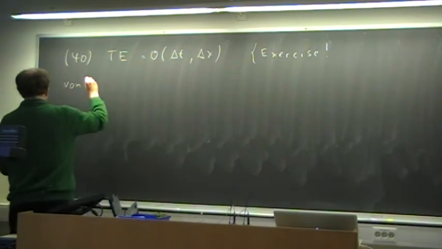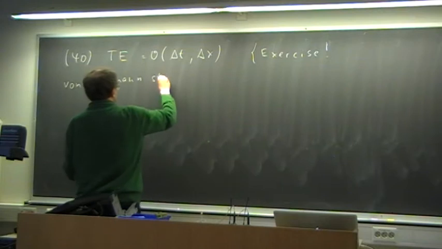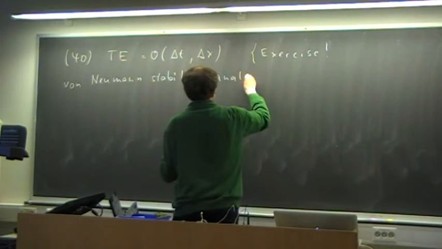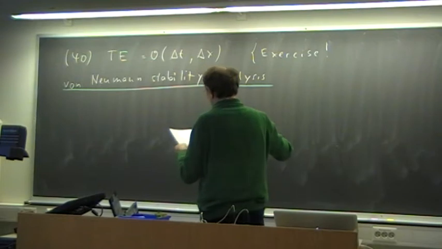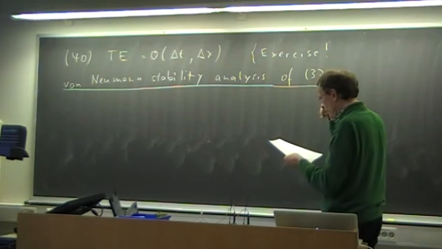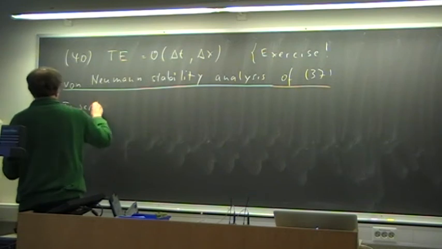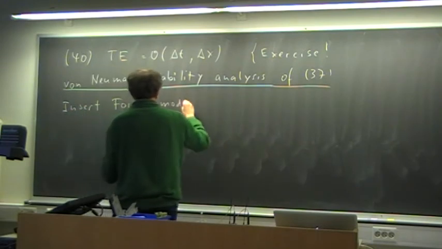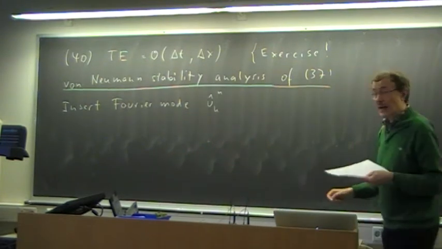So now what we want to do is the von Neumann stability analysis. And we want to do that for the implicit upward method. So we do the same thing as usual. We insert the Fourier mode, that is u hat k n, that is the amplitude of the